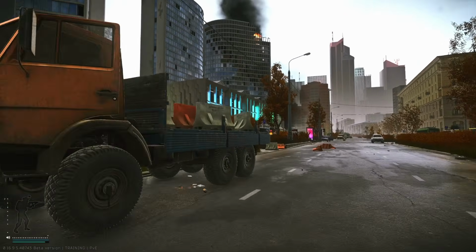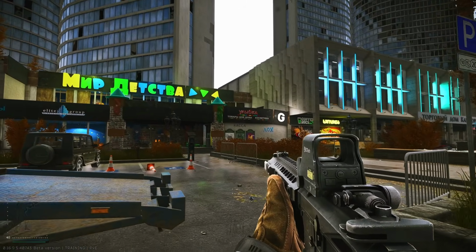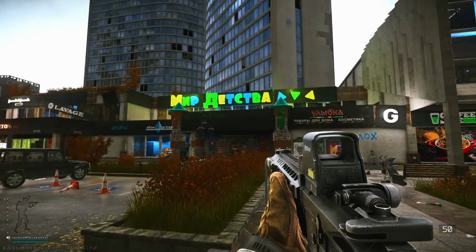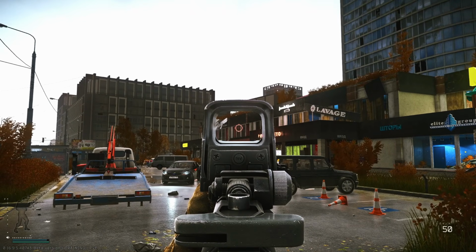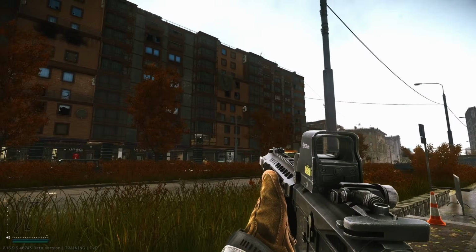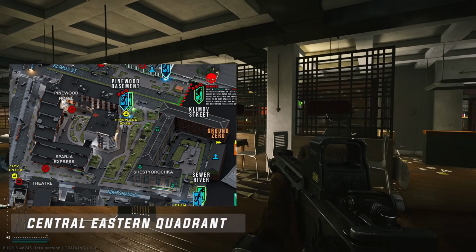So if you come out this way, where we are now, we are looking at the northeastern portion of the map. This is the northeastern quadrant. So once again, Kilmov Shopping Mall and Beluga, your Stylobate building that has the elevator in it, and then the Pinewood Hotel. If you spawn in and you find yourself in this kind of torn up restaurant, you are